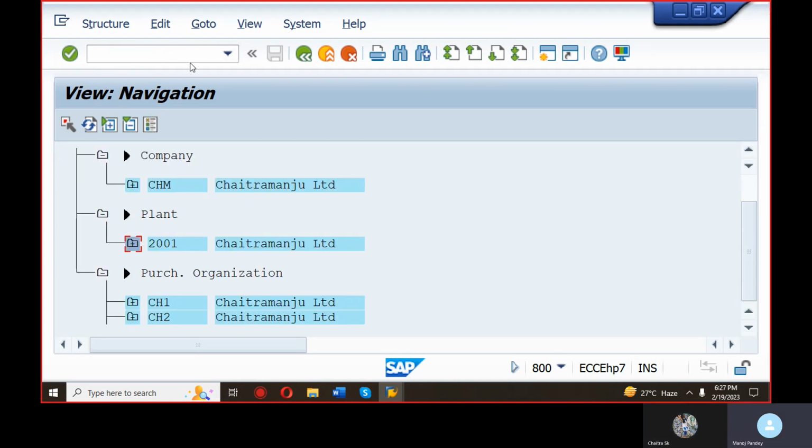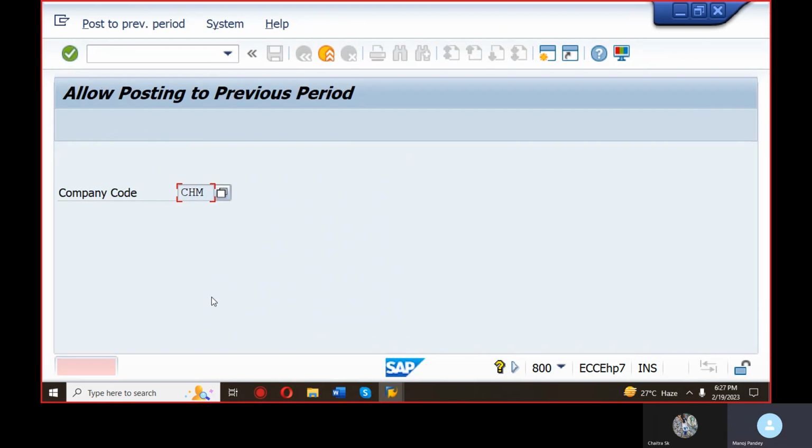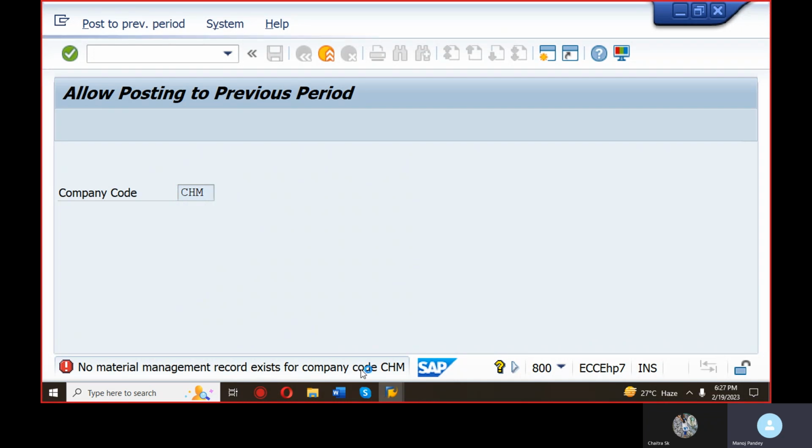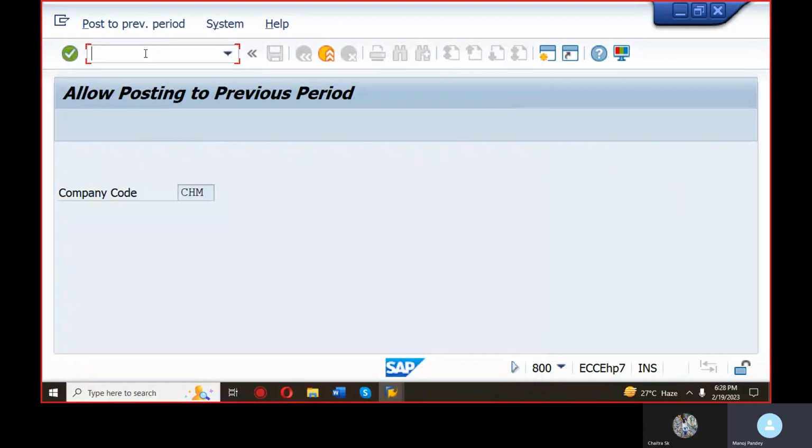So the reason why he is facing that, let me check all the company code data for his company by MMRV. I am facing this error: no material management record exists for company code CHM. This error message comes. And while I'm going to check OBY6 data,